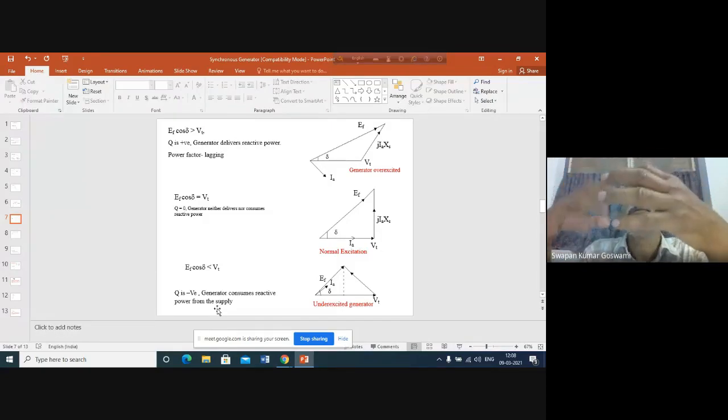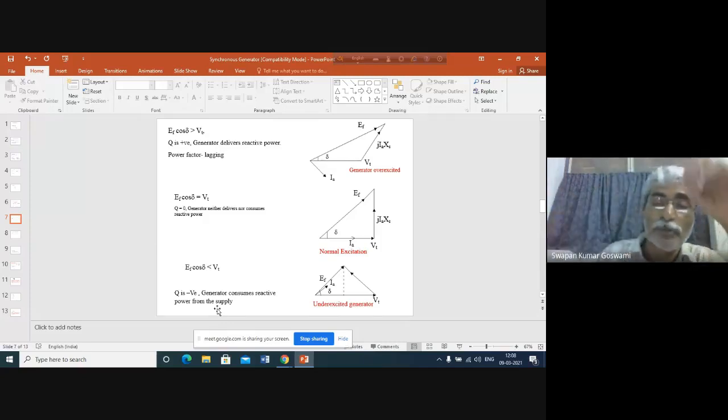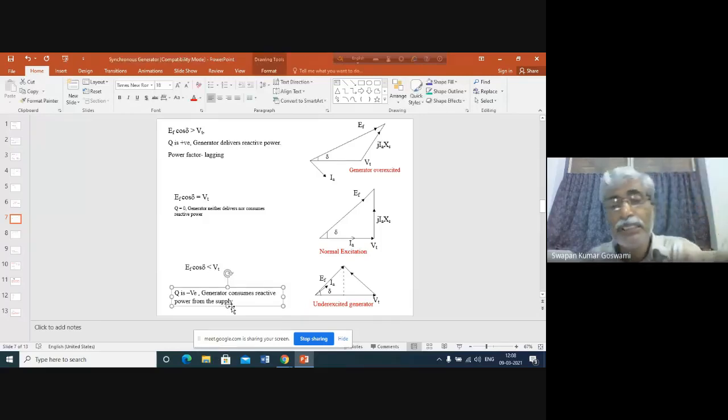But with respect to the active power, it is delivering it. It is a generator with respect to active power. With respect to reactive power, it is a load. It is behaving as a load. Am I clear? Yes, now you see that in this case, this is VT, this is EF,